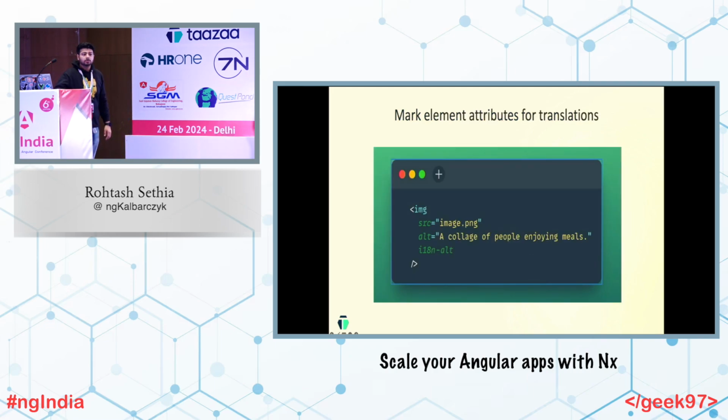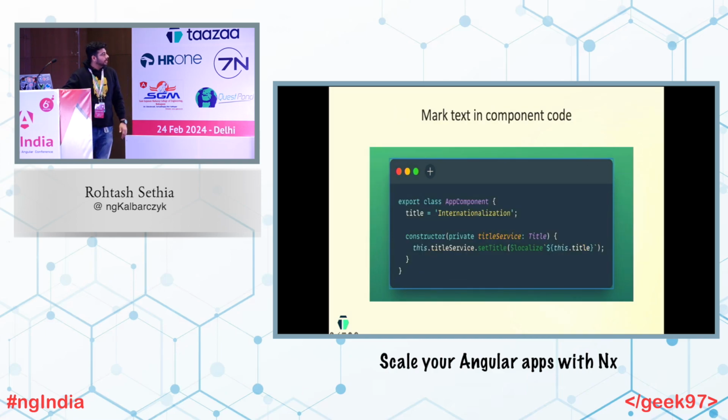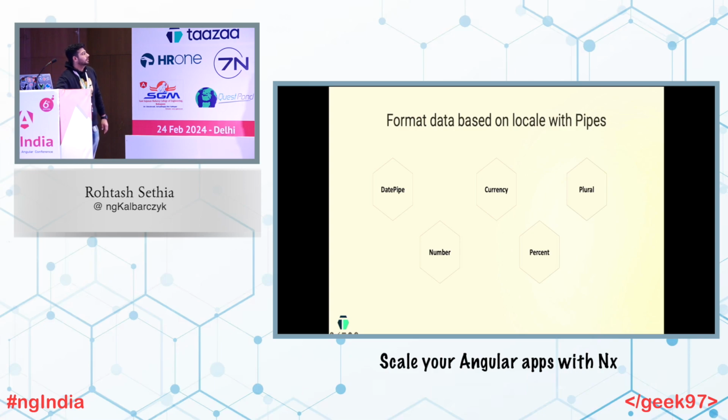And earlier we talked about alternative text of images, right? You can do that just by adding i18n hyphen the attribute name and it's ready for extraction. Similarly, in your component code, you can use the $localize function which accepts a template string literal, and that string is marked for extraction. Now comes the extraction phase. But before that,